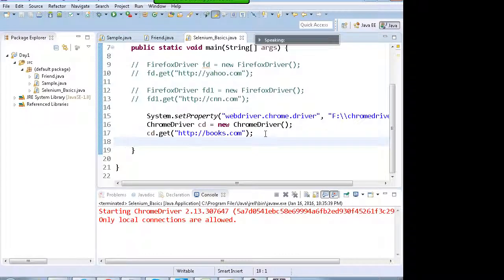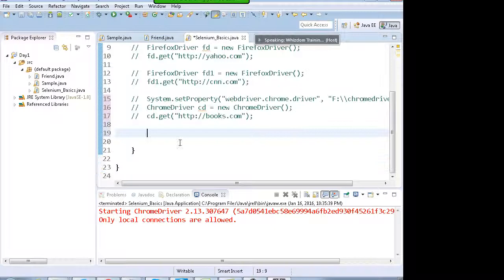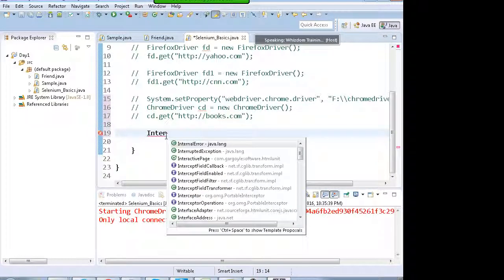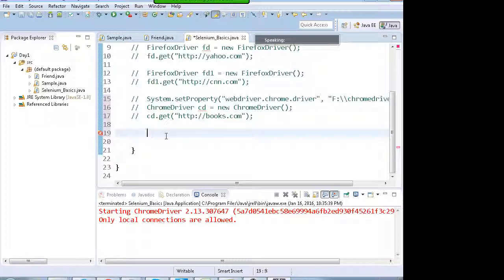Okay, so then it will not get updated automatically and you will not face any issues. Similarly, you have the Internet Explorer driver, for IE obviously. In Selenium it's very easy. You don't need to write the complete word InternetExplorerDriver.